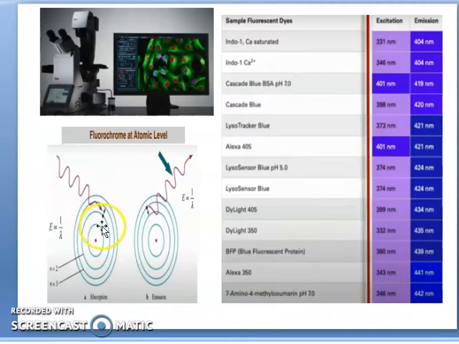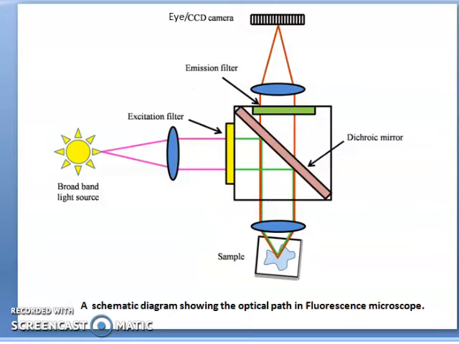The same thing is happening. The fluorochrome's electrons will absorb the incoming light and get excited to the higher orbital. Now when these electrons fall back to their original ground state, they will emit a certain different wavelength of light, with less energy. This emitted light will again pass through the objective lens, go to the dichroic mirror, and be reflected further towards another barrier called the emission filter.